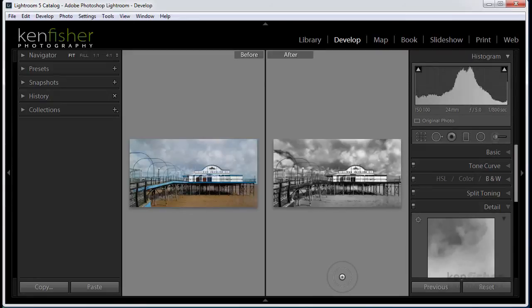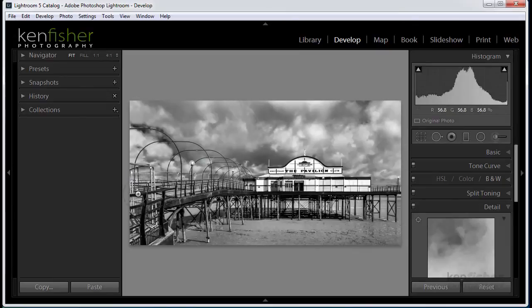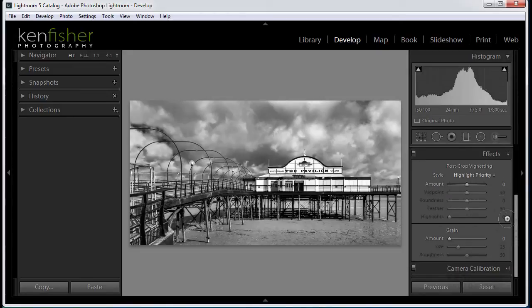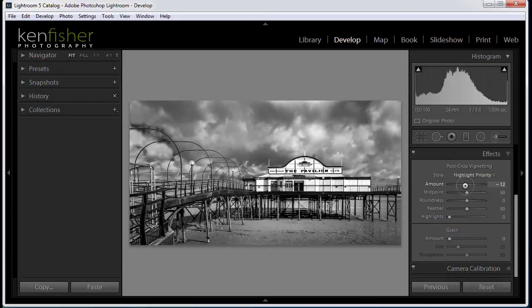Let's have a before and after with the Y key. Yeah, I think that's looking really moody. I think to finish off, I'll put a bit of a vignette on. I do like that for focusing the attention. So we'll go down to the effects panel and we'll pull the amount slider just down a little bit. It's interesting to take all the feather off sometimes. So if you take all the feather off, you can actually see the edge and see where exactly you're going to put this vignette, and you can then use the midpoint to move it in and out,